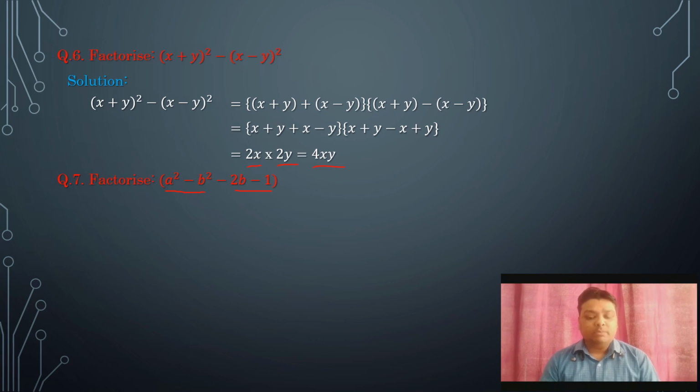If nothing is common and we cannot take out any common also, then in this case how can we find it? Let's see. In this type of question, we will see the linear term. What is a linear term? Here a square, it is not the linear term, it is a quadratic term. Here b square, it is not the linear term. 1 is the linear term and 2b is the linear term. So we will see 2b, which has the number and variable both, constant term and variable both. So it is 2b. b is the variable and 2 is the number. So see only the variable b.